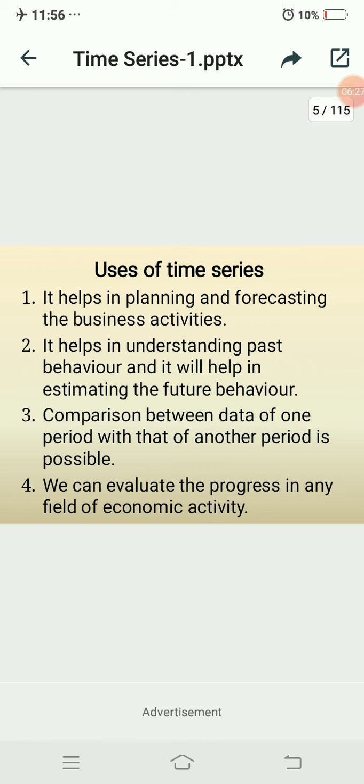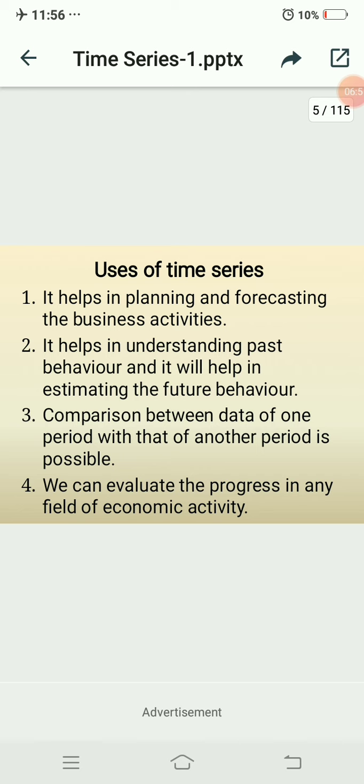You get the systematic data, then you can easily compare year by year. Okay, 2010 you have to consider with 2011, then you automatically get the comparison between the 2 years. Okay, how much the profit will increase, and how much the student strength will increase. Easily you get the comparison between one period and another period.